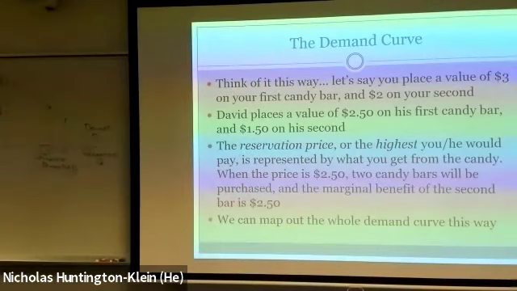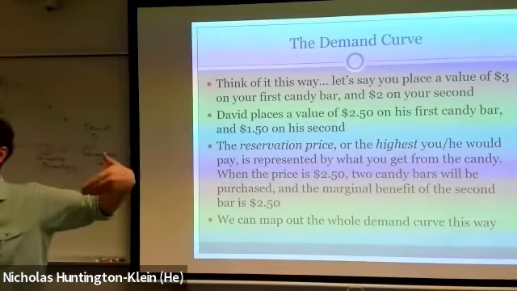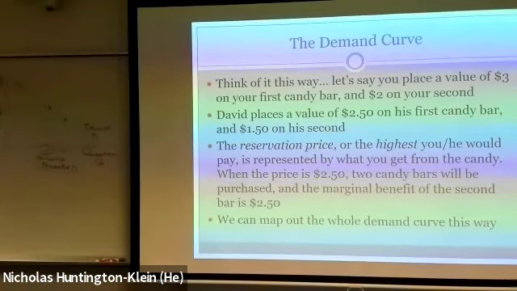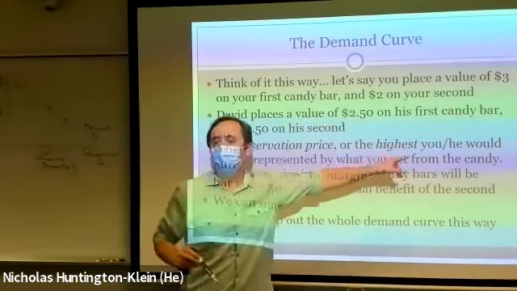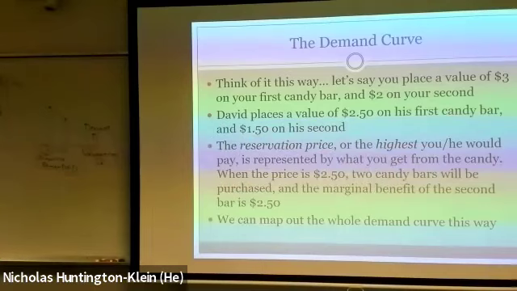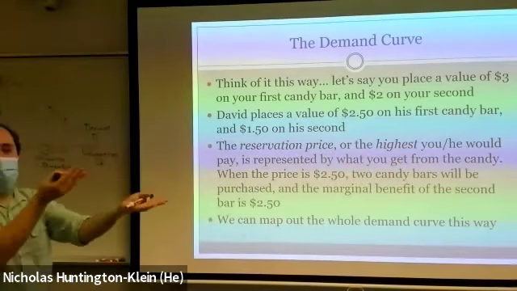Let me show you it with some marginal benefit a little bit more explicit. Let's say we got two people. We got you. We got somebody named David, and you're both thinking about buying some candy bars. And you thought, well, what value do I place on these candy bars? For you, you have a value of $3 on your first candy bar and $2 on your second one, right? That's your valuation. So if you don't have any candy bars, somebody offered you a candy bar worth $3, you